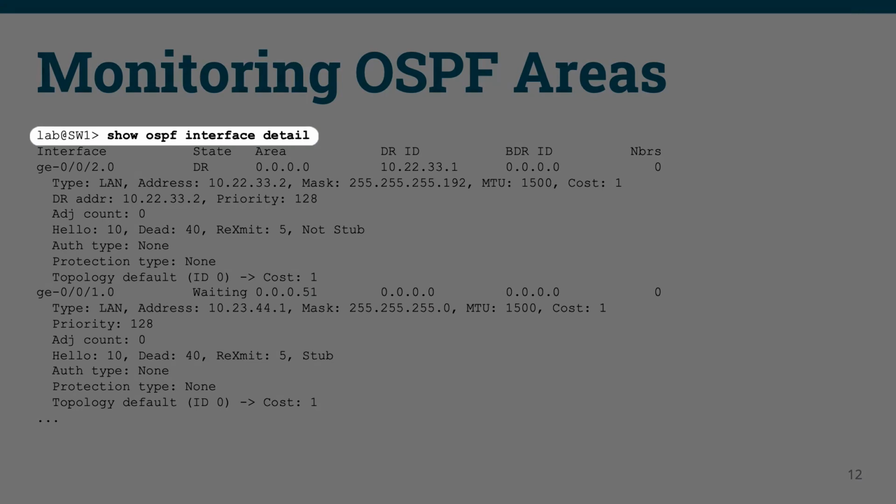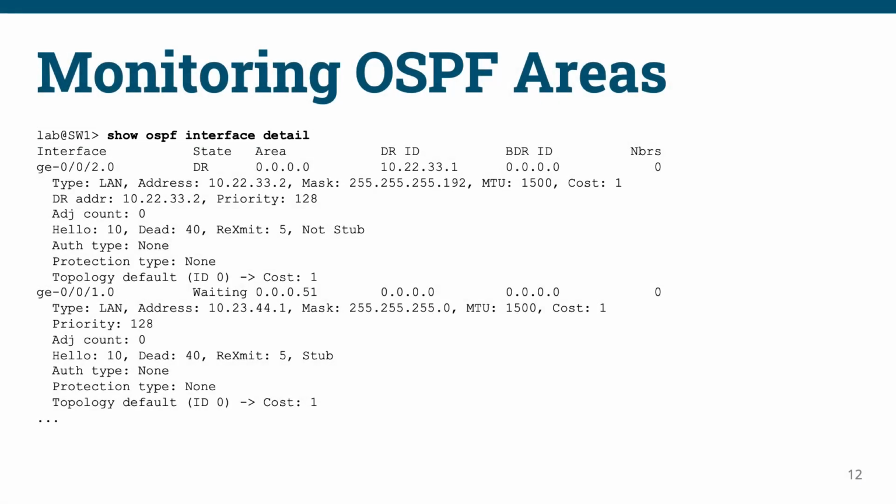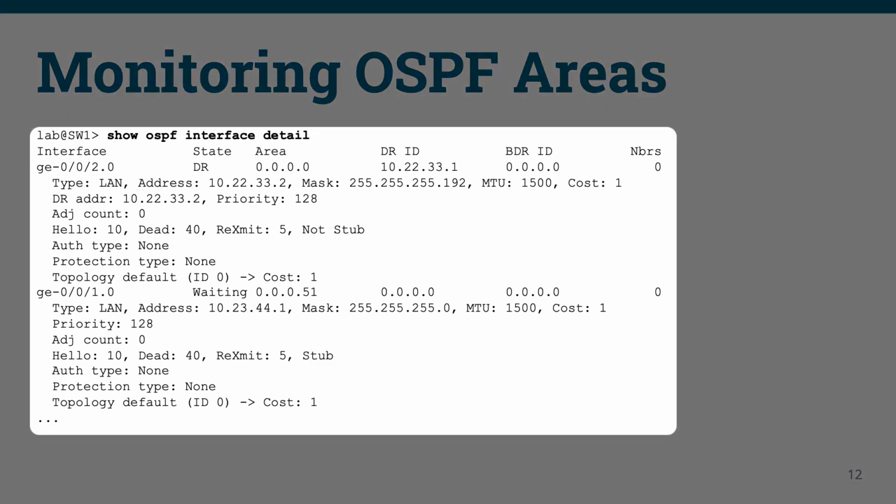Using the Show OSPF Interface Detail command, we can see the detailed configuration and operational information about each interface on the local router which is participating in OSPF. The item here I want to draw your attention to is the not stub and stub flags here. The stub flag must be configured on all routers in the stub area. If there is a mismatch between routers about the area type being a stub or not, the OSPF adjacency will